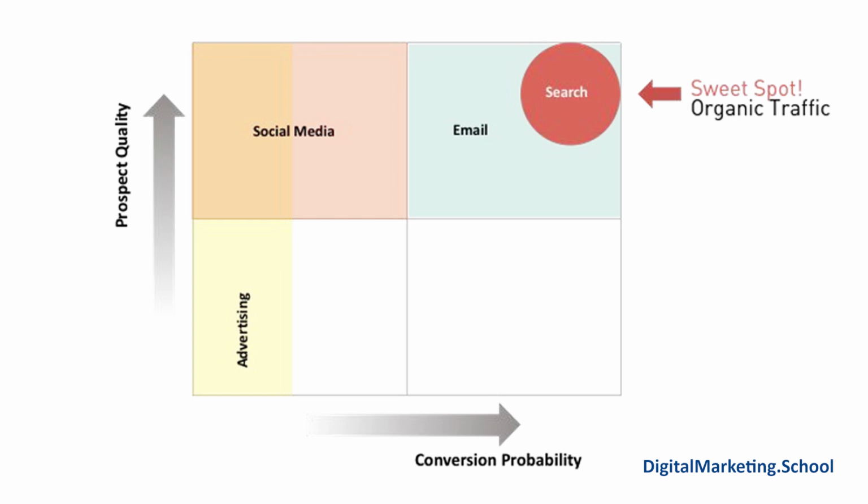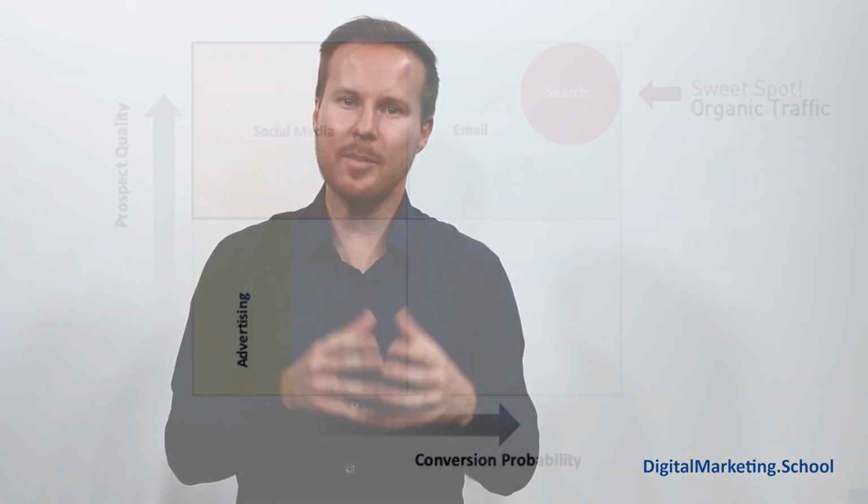Now let's take a look at social. Social media is actually pretty good for identifying people that are your ideal prospects. And that's because people consciously decide to click the follow button to follow your brand when they're on social media. So if I choose to follow a brand on Instagram, I'm effectively saying, hey, I want to hear more information from you. I want your business's posts to show up in my newsfeed because I want to learn about you. I want to stay engaged. That's effectively what they're saying when they follow you.